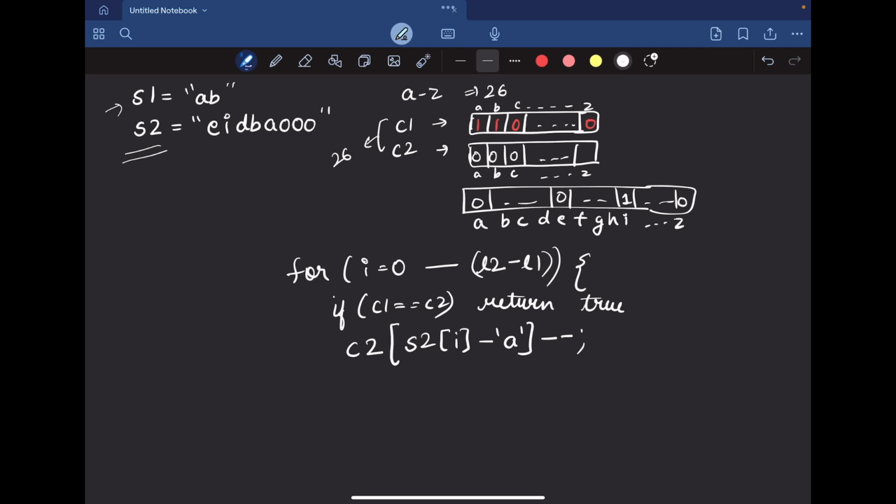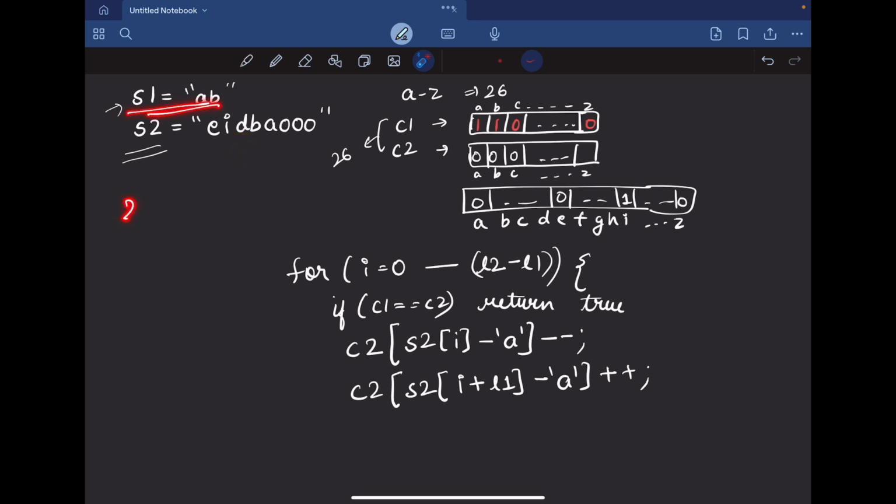Right? And then what we'll do? We'll do C2[S2[i + L1] - 'a']++. Now here what we are doing is, we need to add this character D, right? Now for this D, the S1's length was 2. Now the next element we have to add, our i was 0, this D is present at index 2.